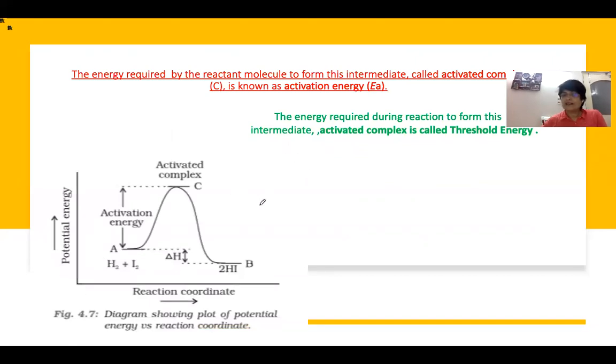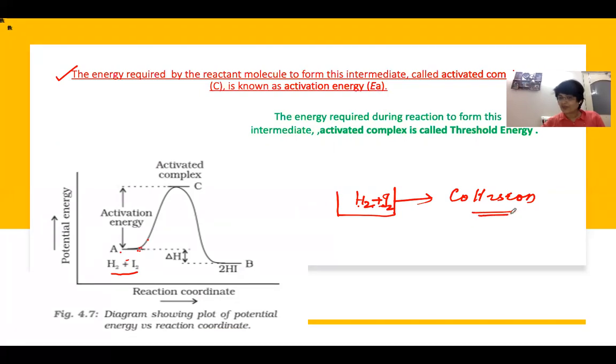Now, this is the activation energy that is required for the molecules. Just look here. This graph shows reactant molecules taken in a container, for example H2 and I2. Once these molecules are taken, collision starts. First step is intensive collision, and this collision makes them acquire kinetic energy. It means movement will start, and this leads to kinetic energy formation within a molecule.